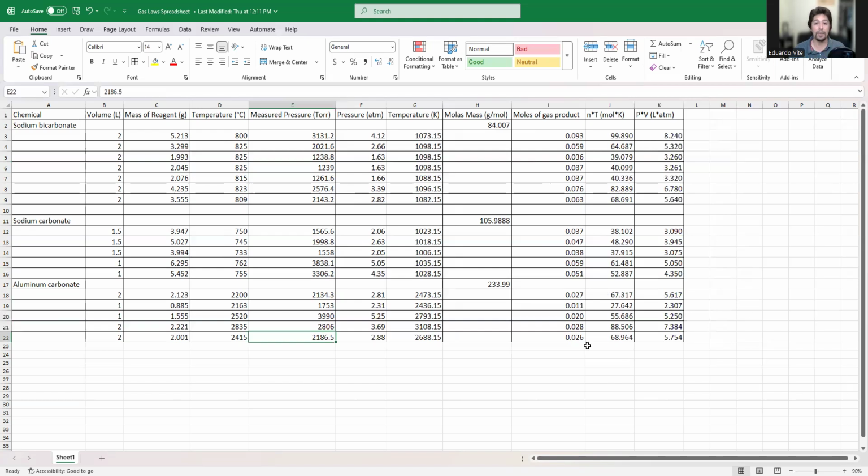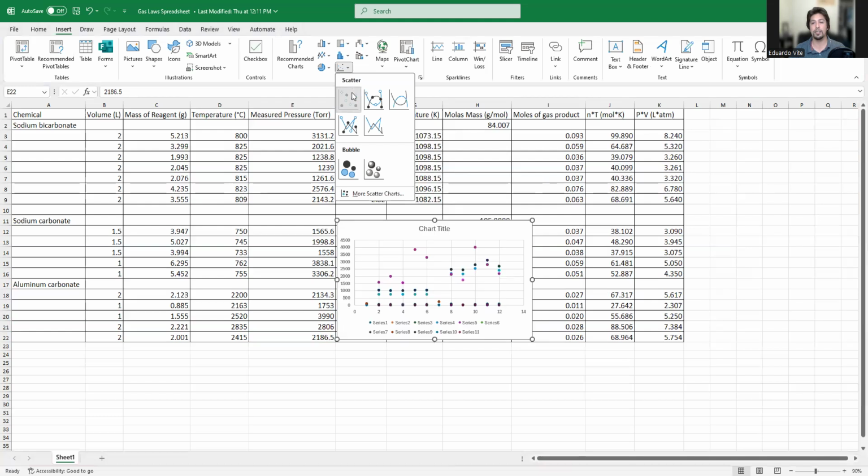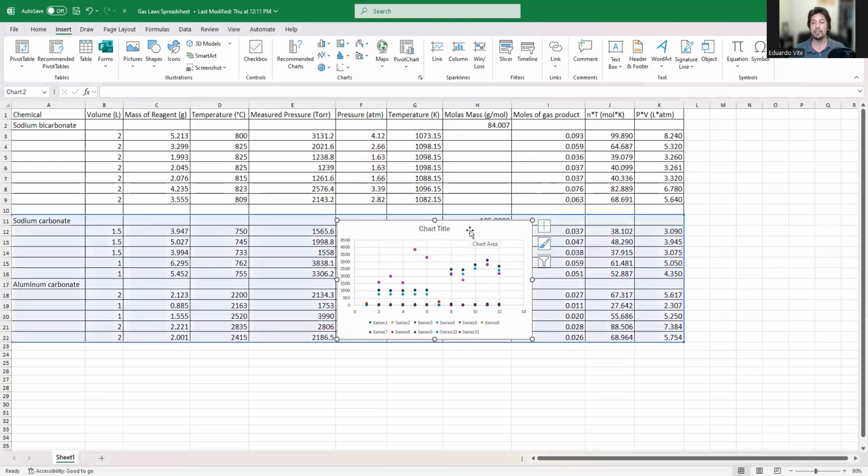So now that we have that, before we go into the chart, remember, PV is going to be on the y-axis, NT is going to be on the x-axis. And remember, y2 minus y1 divided by x2 minus x1 is the slope. So in this case, PV is y, NT is x. So we're going to make the chart now. Up here in the top left, you're going to select the tab that says Insert. And then you're going to select over here this menu that says Scatter Chart. You're going to click the Scatter Chart, and you're going to see,